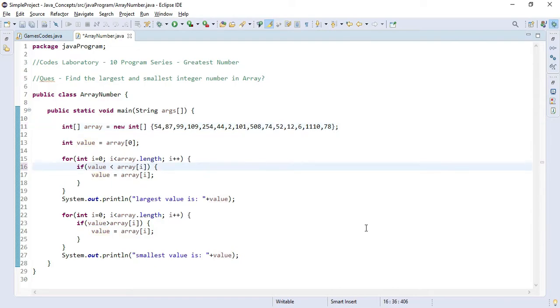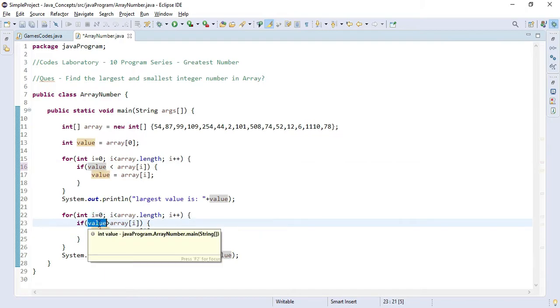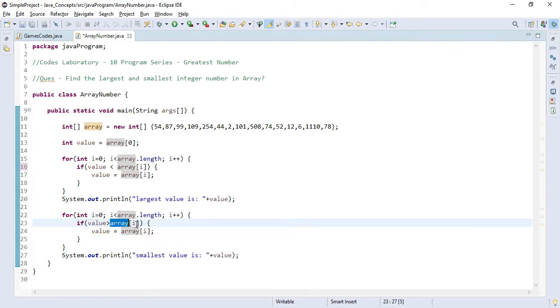So to find the smallest value, what we have done, we have applied the same for loop. In that we have used the if condition, and now we have compared it, like if the value present in the value variable is greater than the value present at the ith index.